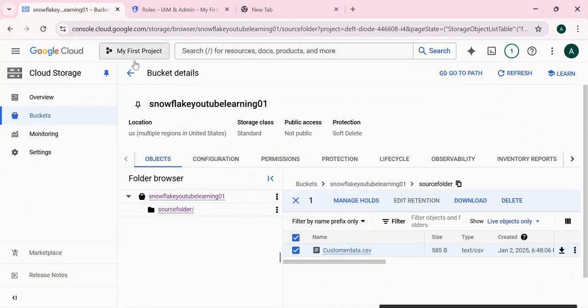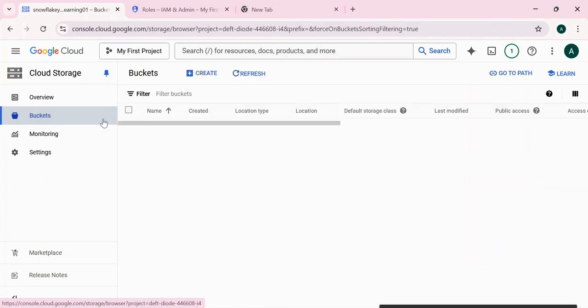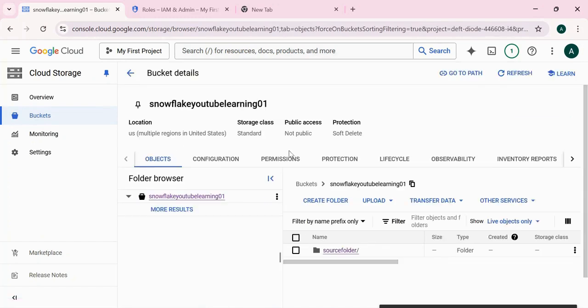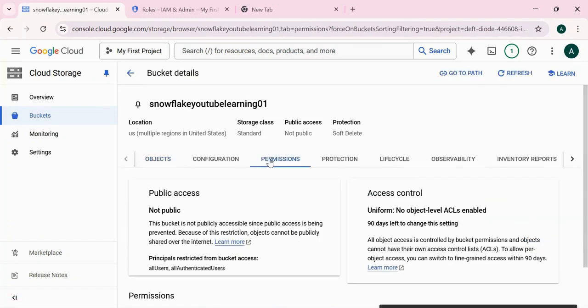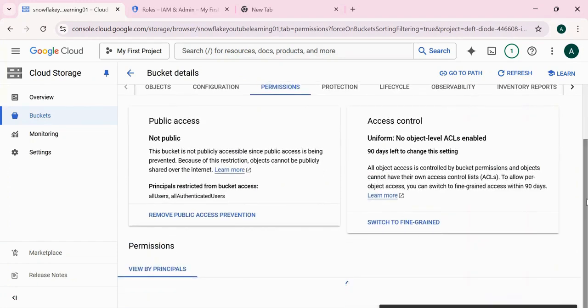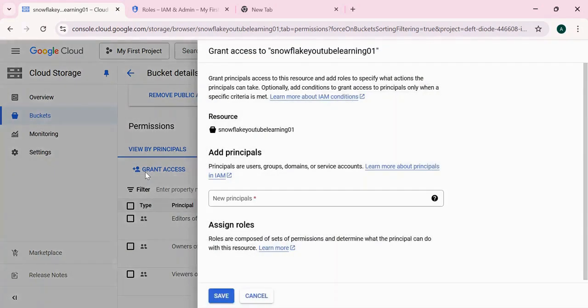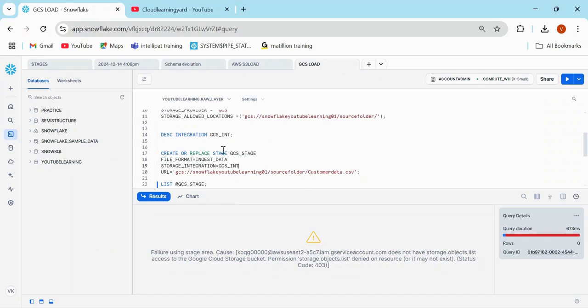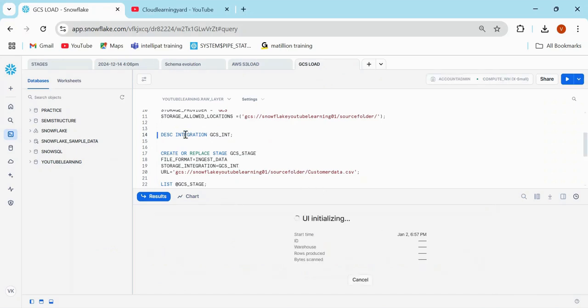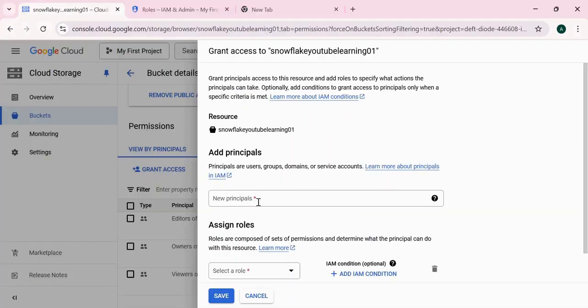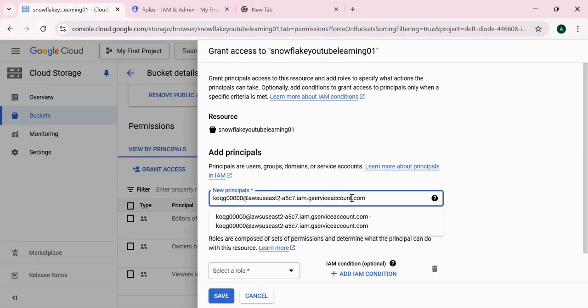account. In this cloud account, you see in this bucket details, click on the bucket. We have Snowflake YouTube learning 001. I'll click on that, and you need to click on permissions. After that, there is the grant access. You're going to click on grant access, and then here you have to give the principal, which you're going to copy from your describe integration. I'm going to copy this one, paste it over here,